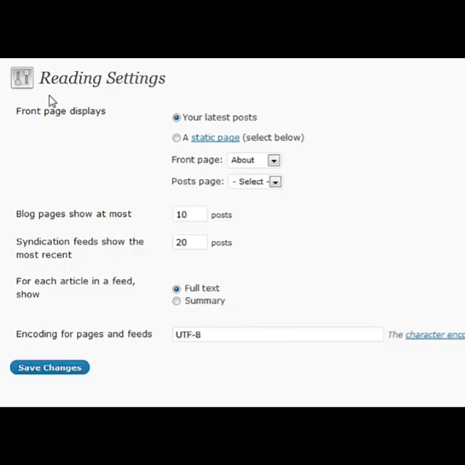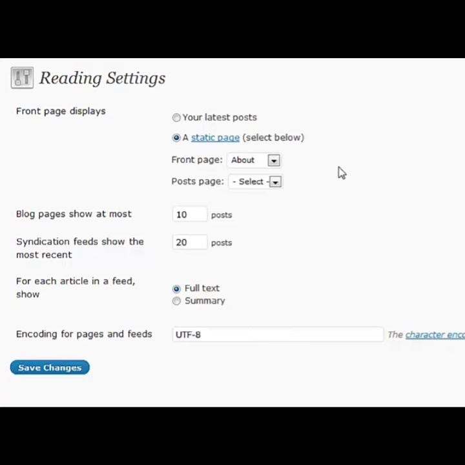All right, reading settings. There's a couple of different options here for not only reading your blog, but also feed reading with RSS and syndication. So for the most part, most people want to be able to show the latest posts on the home page of their blogs. But for some smaller blogs, or some people that maybe want to show the same information to everyone who first enters the site, maybe want to display a static page, and that's a single page of your